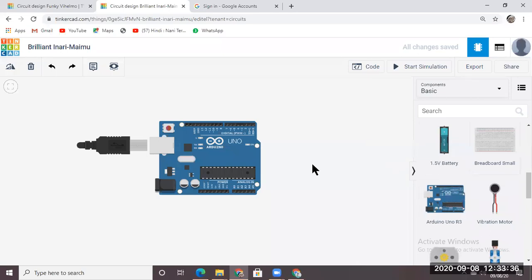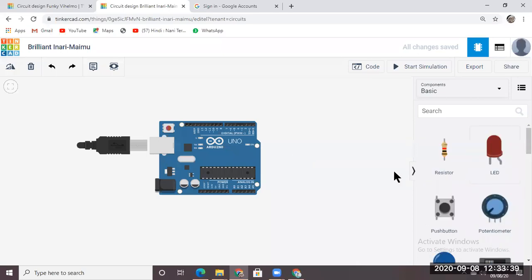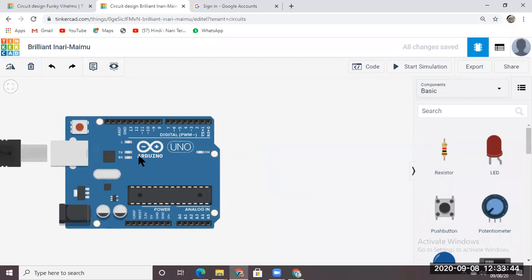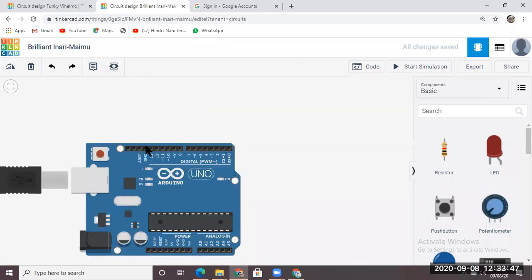Now, as we have taken our Arduino board, we will connect an LED to it. In this Arduino board, we have different pins. Look carefully, we have different pins like GND, 13, 12. These pins supply electricity. Any of you know about electricity? We turn on any electrical component like a bulb or fan in our home with the help of electricity. Similarly, this Arduino board provides electricity as well as gives commands.